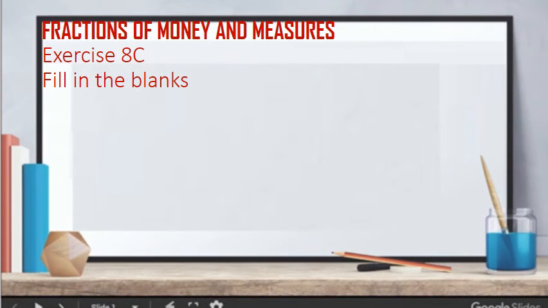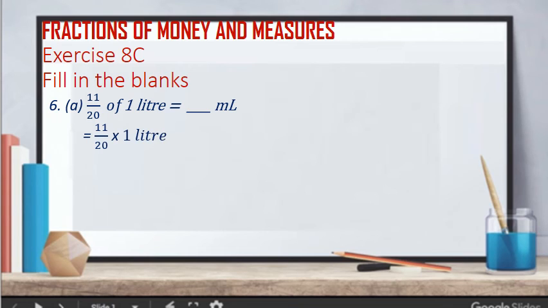Now children, let's do the next sum, which is 6a. Here we have to find out 11 upon 20 of 1 liter is equal to how many milliliters. So 11 by 20 of 1 liter is equal to how many milliliters? So children, 11 by 20 of 1 liter can be written as 11 by 20 multiplied by 1 liter. And now children, 1 liter is equal to 1000 milliliter. So we can write 11 by 20 multiplied by 1000 milliliter,